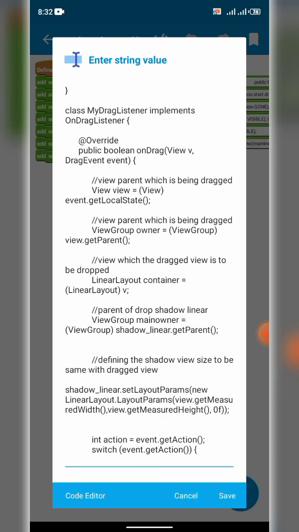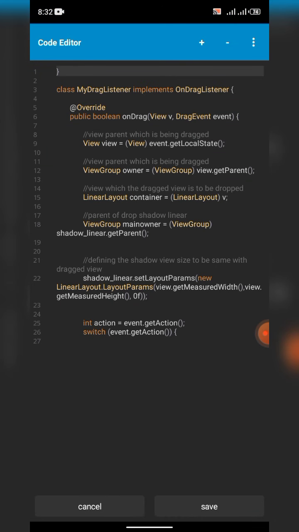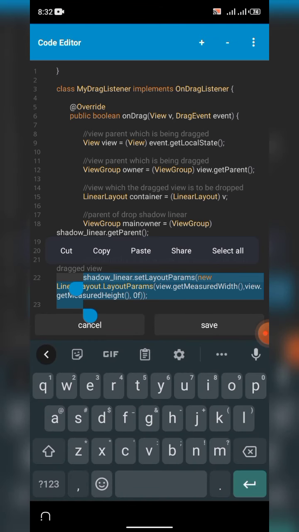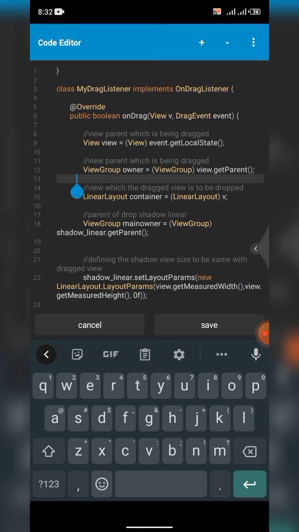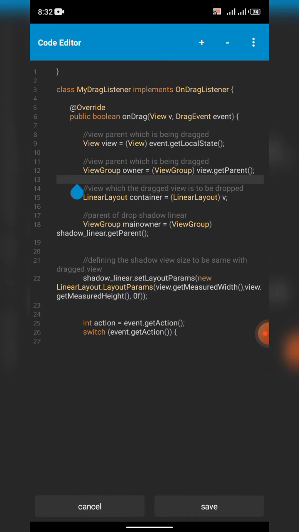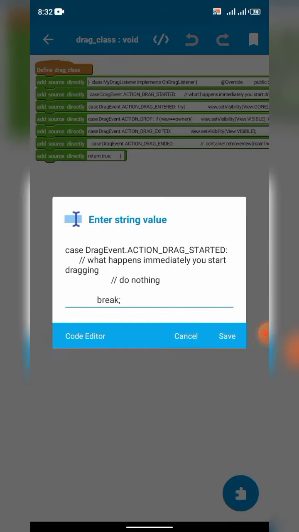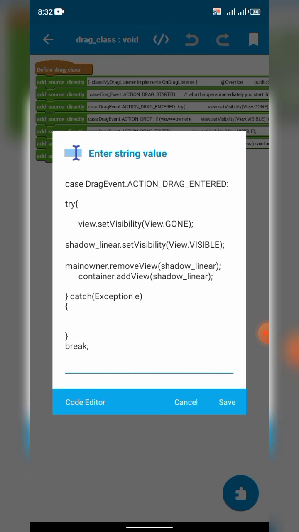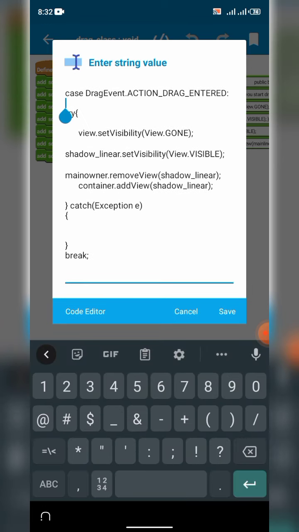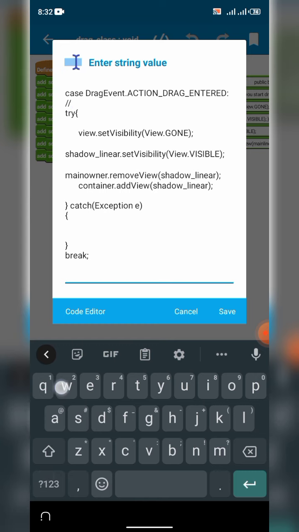So I used the exact size of the image view here, the exact width and height of the image view, and I think that's all I added here. And then on drag started, I didn't add anything, I still left it as blank as it was. Now on drag entered, meaning when a drag view enters another view,